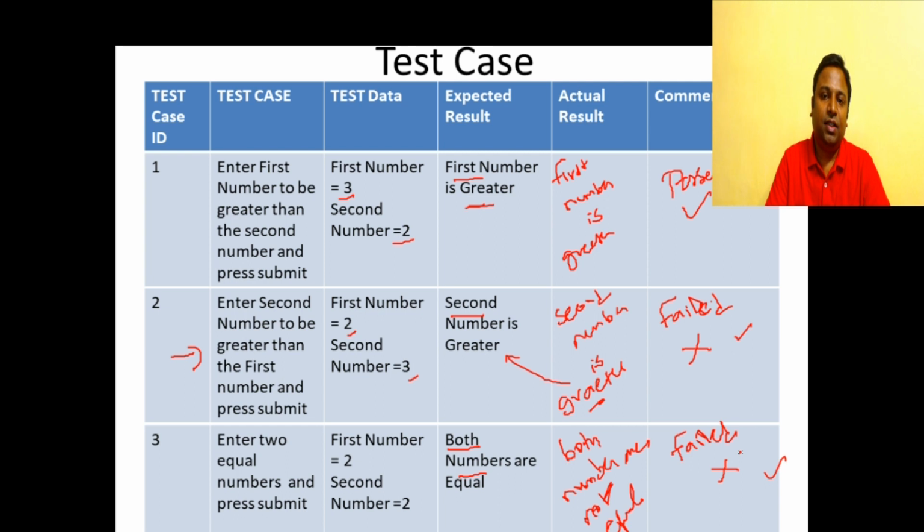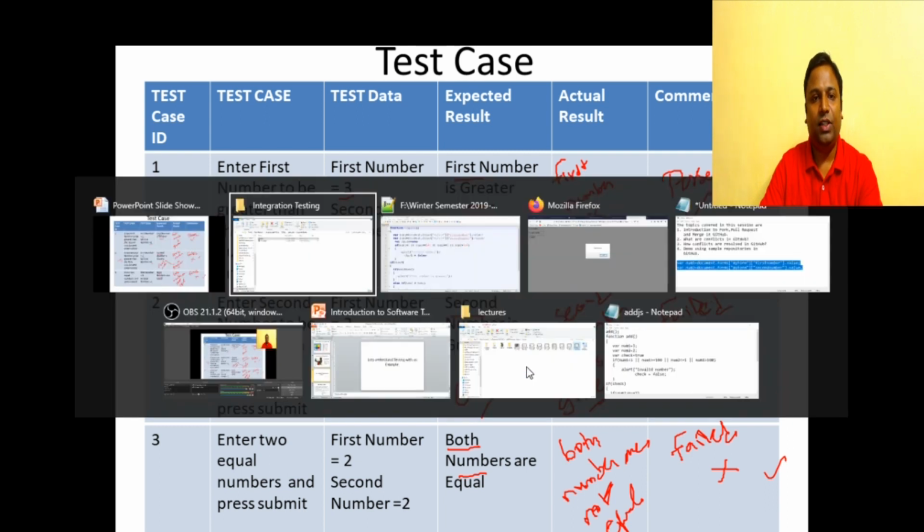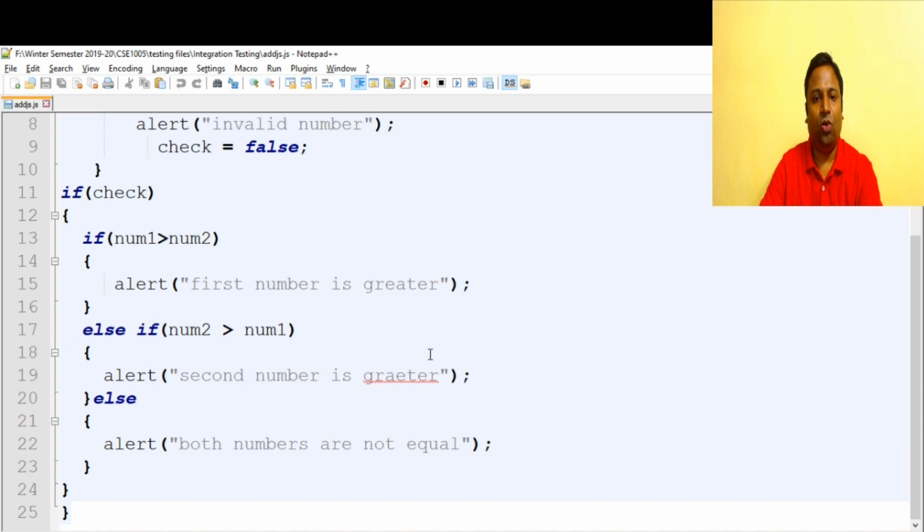So how we'll fix this is, we'll call the programmer Chris, we'll inform him about the defects. So Chris will be knowing all these defects, and since he has coded the module, he should go and revise the module. Again, he has to perform unit testing, execute this set of test cases, and then they have to integrate it. Again, they have to execute the set of test cases. Now Chris is informed of the defects and he will be trying to fix the code. Let's see how Chris fixes the code.